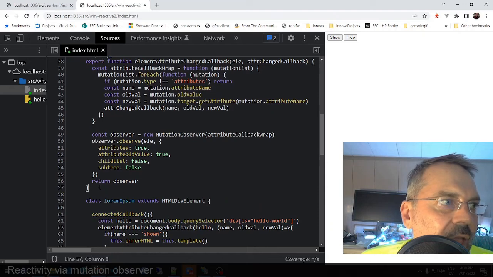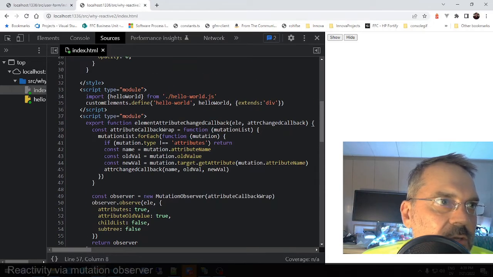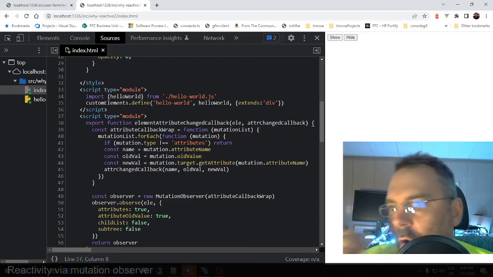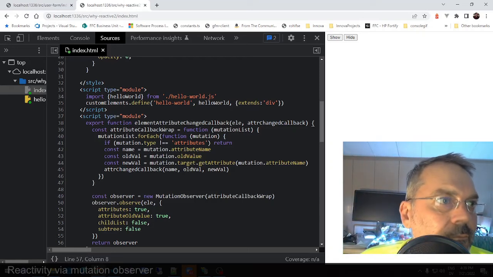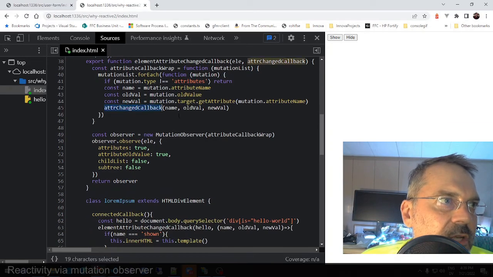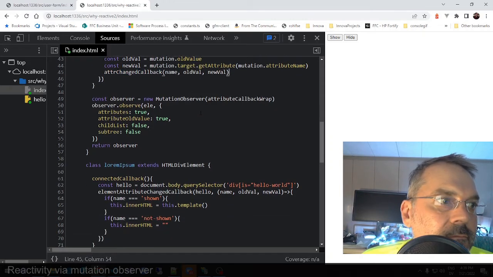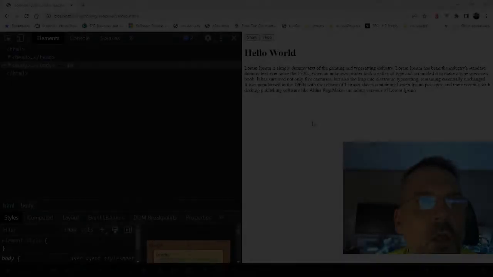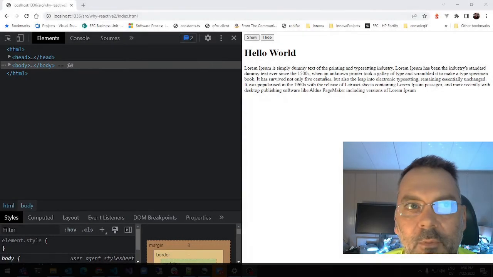Now, I have a couple of functions like this, some mutation observers, some that watch attributes, some that watch elements, some that wait for elements to get put on the DOM. I've got a little list of them, but they're pretty simple. You only have to build them once, and then you can reuse them all the time. And again, like I said, this follows the same signature as the built-in attribute change callback, which should make it easier to reason about. Hopefully I've provided enough information to help you build reactive components,